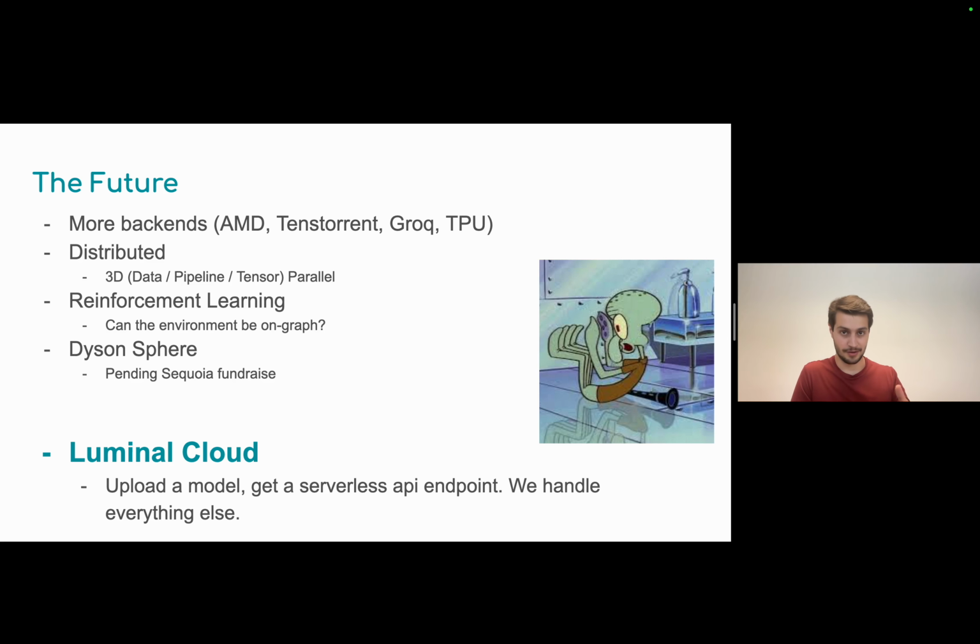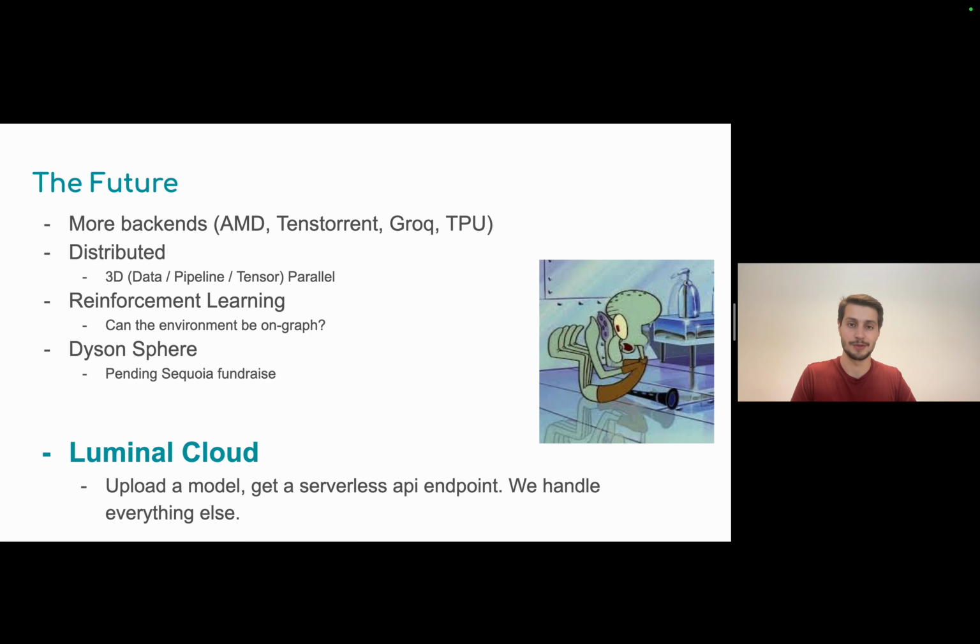So if we can codify environments, we've done this for very simple environments, but we want to see how complex we can go, codify the environment in the Luminal graph, and that gets optimized with the rest of the model through our same compiler flow. And so basically we run the forward pass of the model and step the environment all on the GPU. This is super exciting because I think it could dramatically accelerate